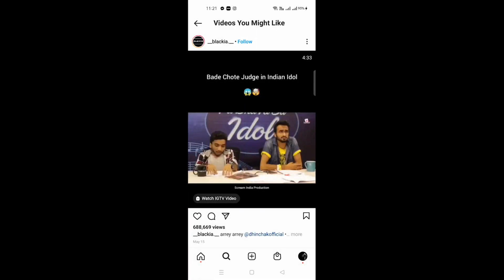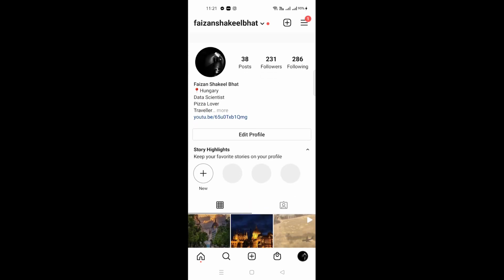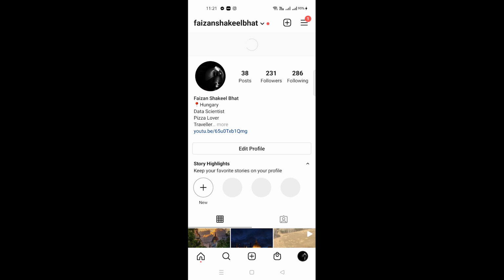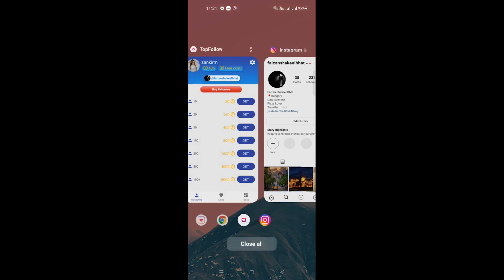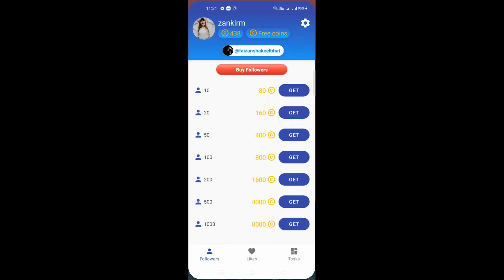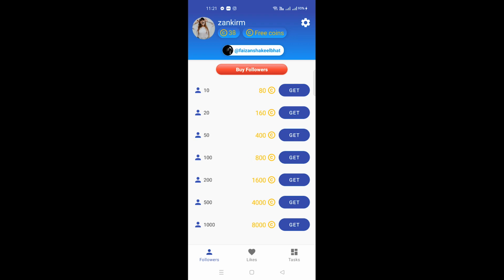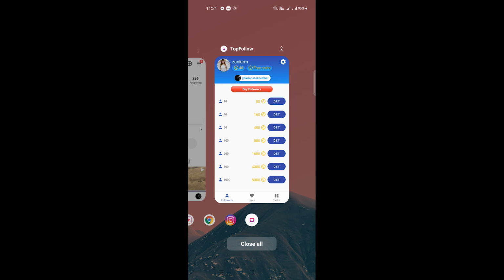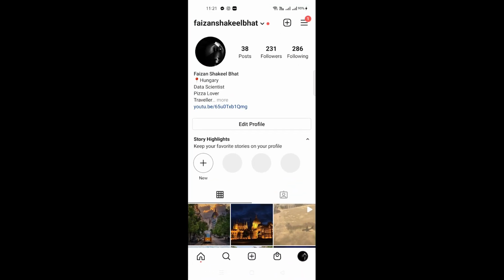And I will again show you my account from Instagram. I will refresh it, and you just see it. Now you can see my followers getting increased. These are just a few simple steps. Within minutes you can get 1,000 followers, but you just have to wait for 1 hour to get coins generated. You can see here are the coins. For 8,000 coins you will get 1,000 followers.